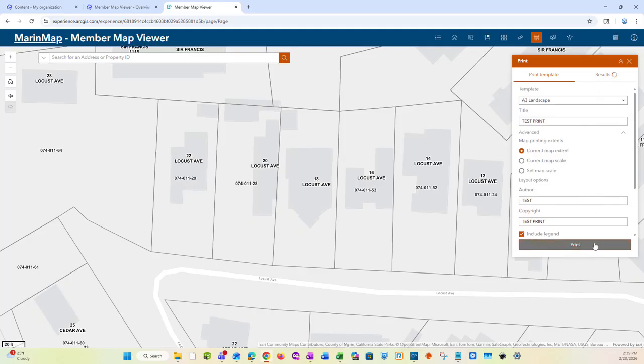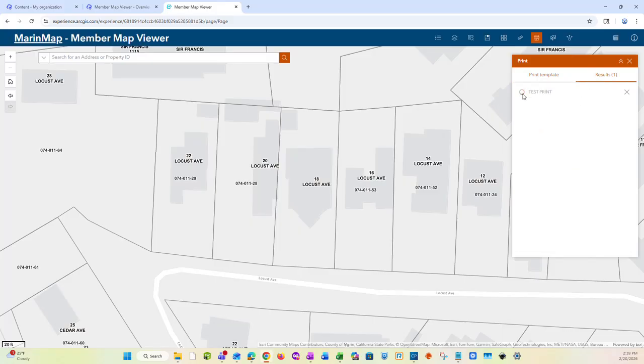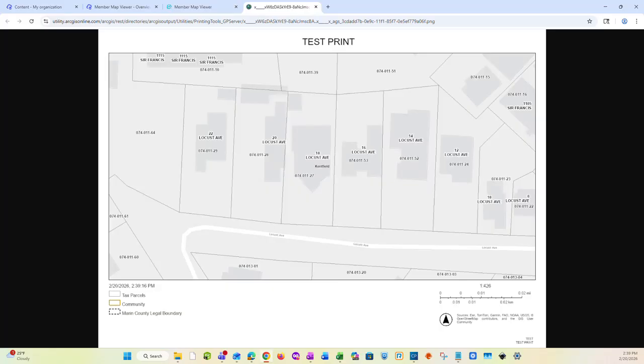And some people can get a little confused as to where their print goes once they select print, but you can see there's a results tab here in the print menu. And we've got a spinning wheel, which is showing that my test print is currently loading and it's not finished yet. And now once it's finished, you'll see that test print, or whatever you named your printout, show up. So I'll select that. Here we can see my title of test print,